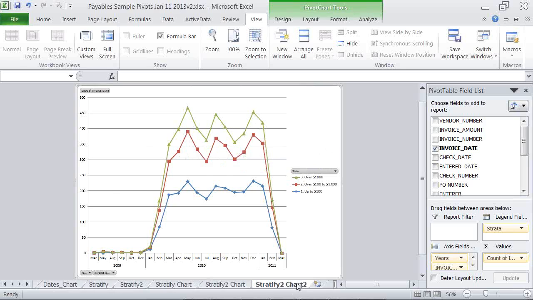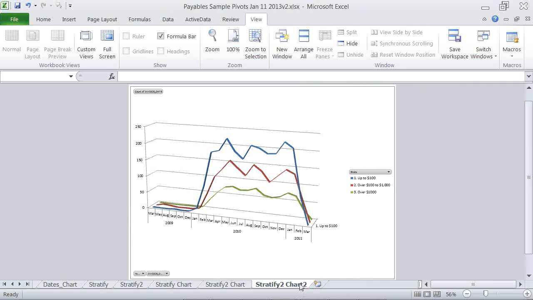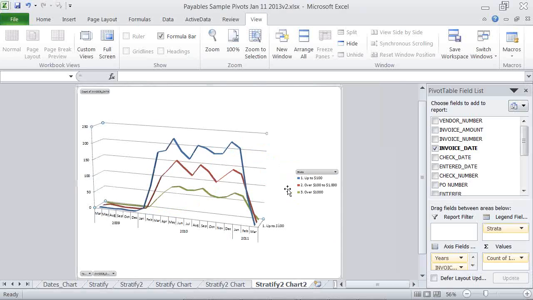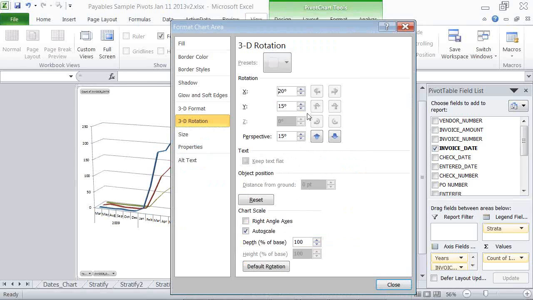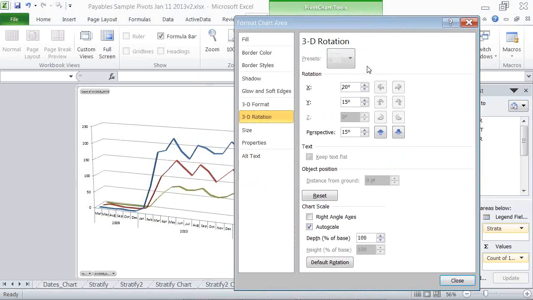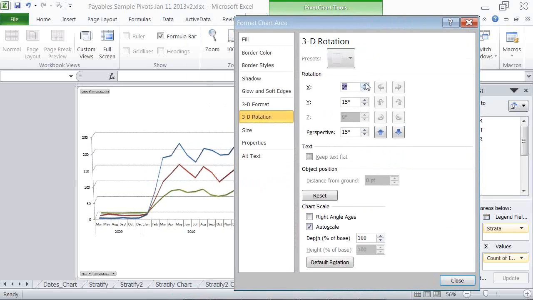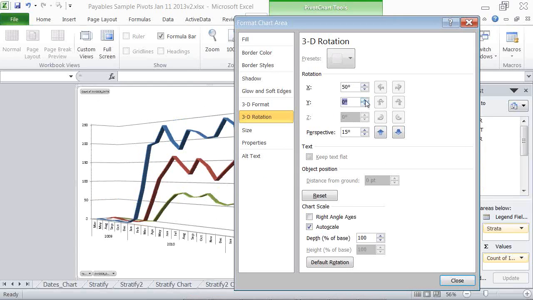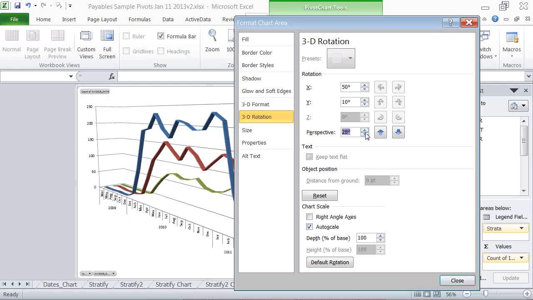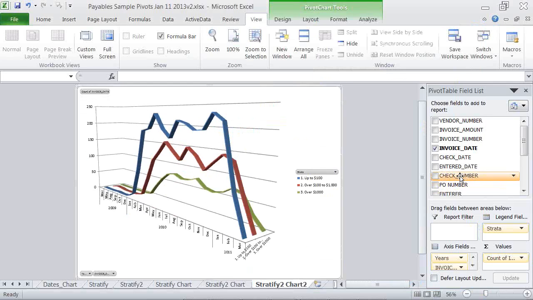So, just showing you that, and then you can get really elaborate and get more to the 3D option of that. You can right-click on any 3D chart, click 3D rotation, and I'm sure I'm not going to do this well, but just by playing around with it, you can change how dramatic it is and whether you're underneath it or above it. We'll leave it on that one, but again, pretty dramatic, and it's probably harder to line up where December is.